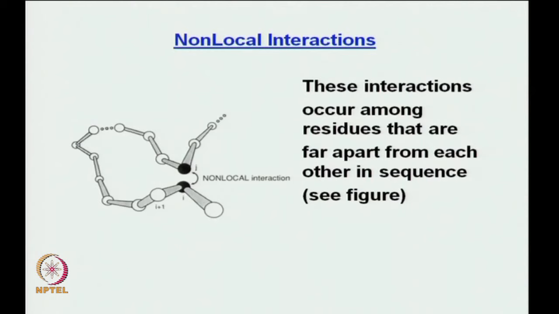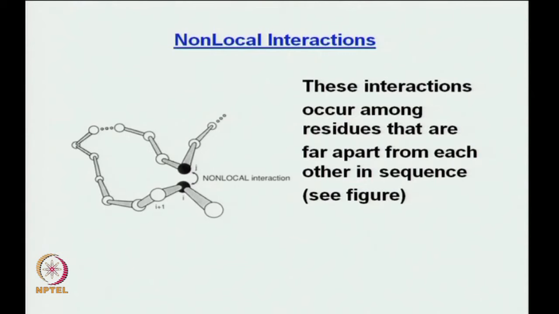Now, here you can see what happens. Obviously, the residues would be far apart from each other. That means you will not be having residues which are very next to each other, that is j plus 1, i plus 1, like that. Also, another difference is, if you look at the figure drawn out here, you can see what you mean by non-local. You can have an ith amino acid out here, and another ith amino acid from another helix chain or from the same helix chain. What is the difference? It is non-local because in terms of the number of residues, or in terms of the sequence of the total protein, they are much farther apart from each other.